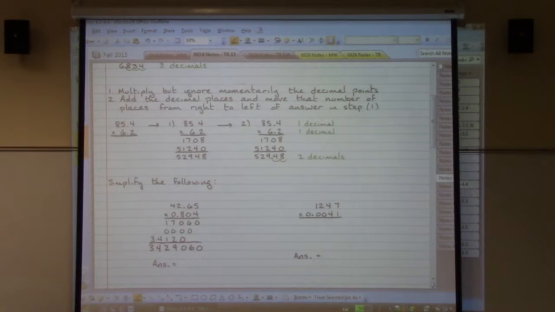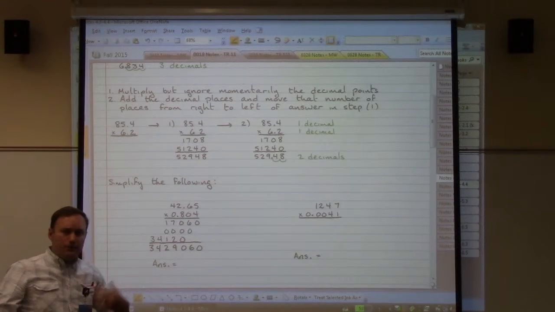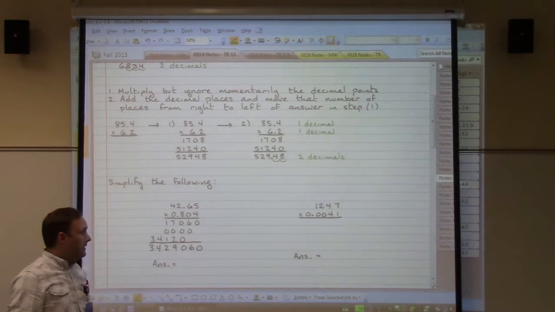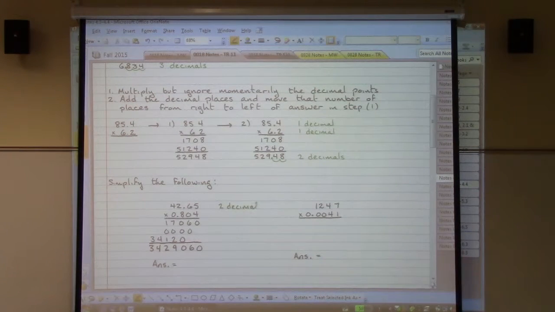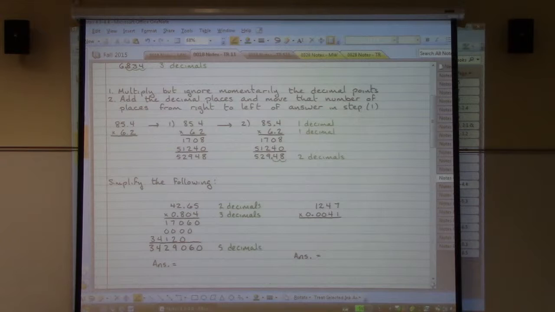Now, we're done with the actual calculation work, with the exception of figuring out where our decimal point needs to be. So we'll come back and make some comments off to the side. Our first number has 2 decimal places. Our second number has 3 decimal places. So altogether, our final answer would need to have 2 plus 3 is 5 decimal places. Starting at the end of our answer, 1 decimal place, 2, 3, 4, 5 decimal places,